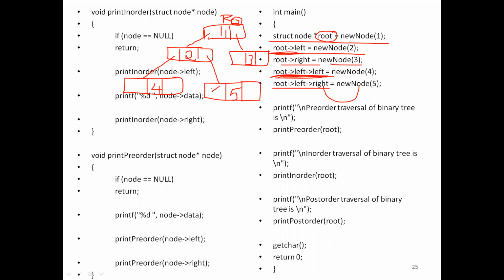Here the left and right fields of the others are made null in the new node function itself. In the new node function itself, you have set the null value. Is it okay? Up to this okay? Fine. Guys, can you reply to me? Okay, thank you. It's static only, not dynamic. We are not getting input from the user. It's static.